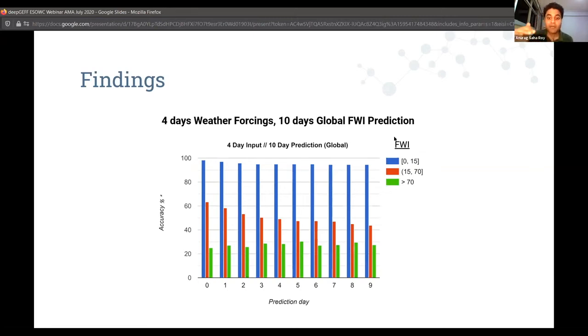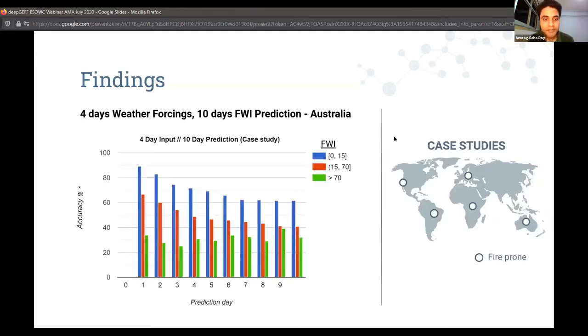Now, there is a more nuanced view of this prediction accuracy. For higher values of FWI, we see a certain dip in the accuracy. It goes down to around 60 to 50%. Whereas for something between 0 to 70, which is the moderate and the slightly heavy fire region, we have pretty good accuracies that are within the 60 to 80 range. Right.